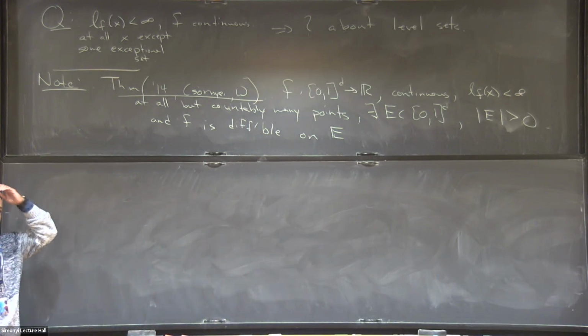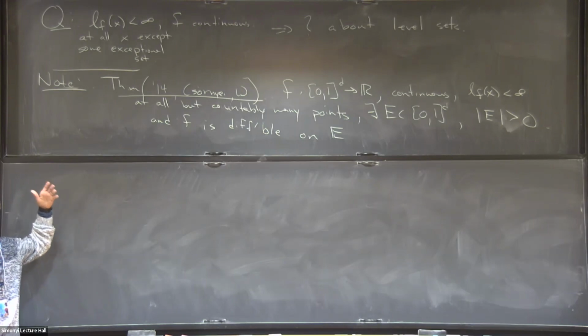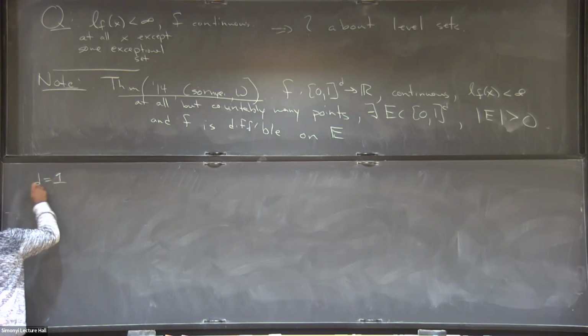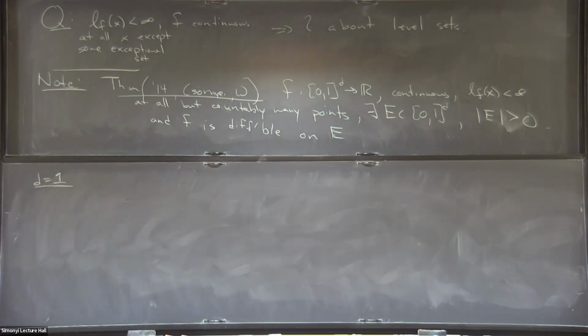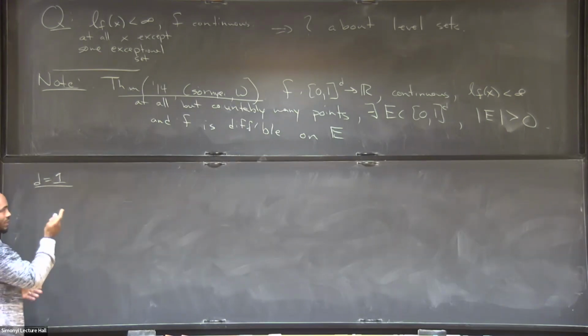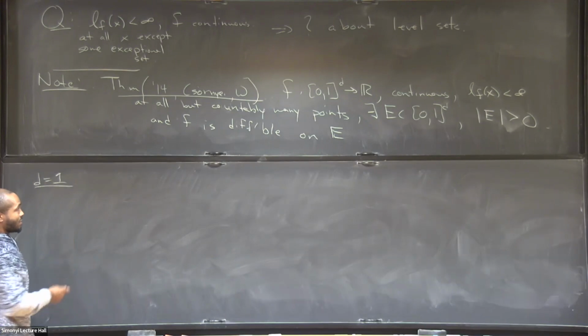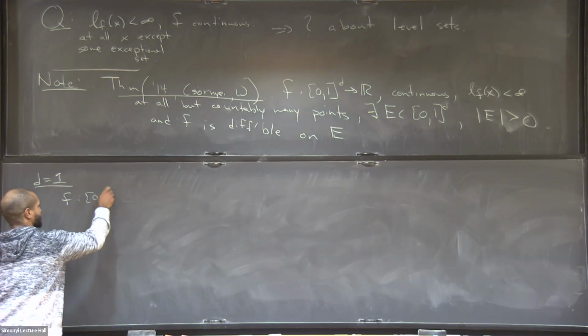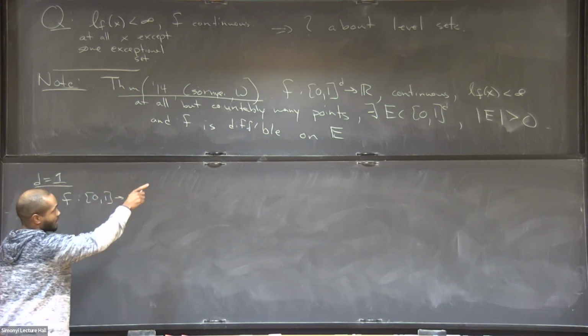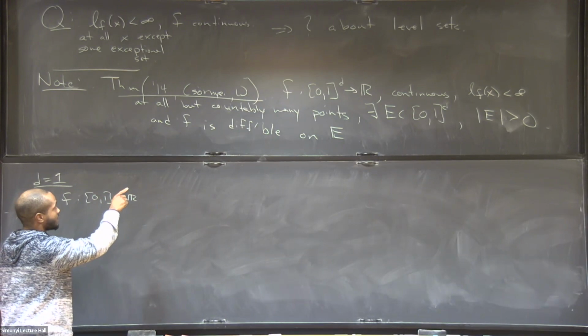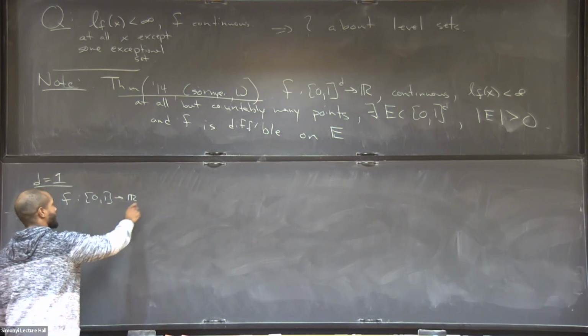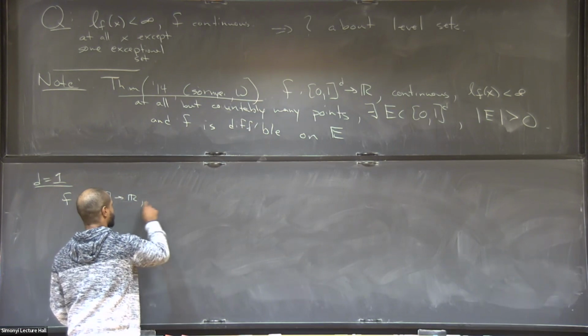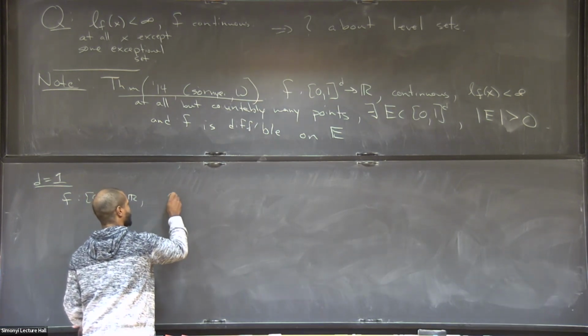Here, I'll give you another characterization of these types of functions in the D=1 case. I want to start with the D=1 case for both examples, essentially, for the level set problem and for this problem as well. What this relies on is what happens in the one-dimensional case: if you have some function, and its little lip is small at all but countably many points, and it's continuous, and so it satisfies this, then the graph